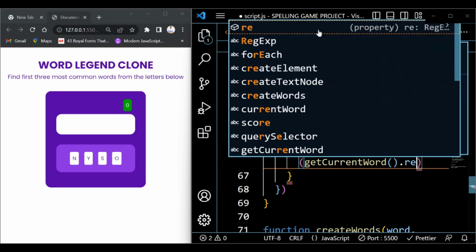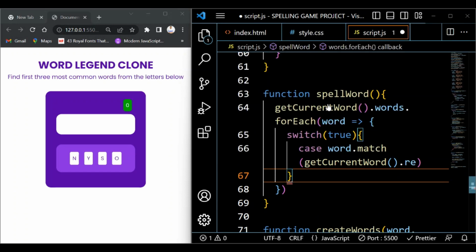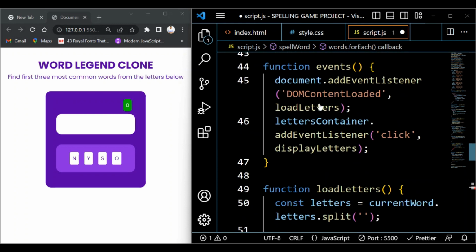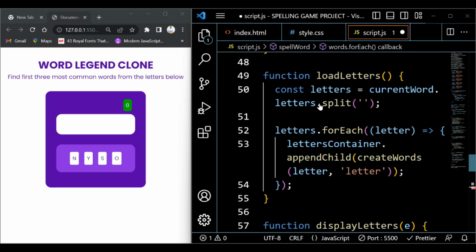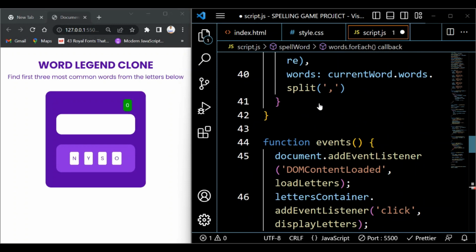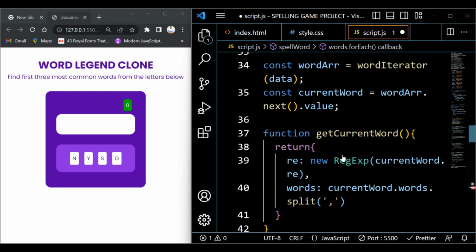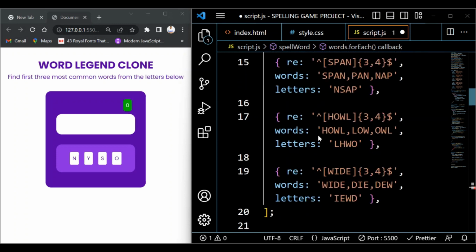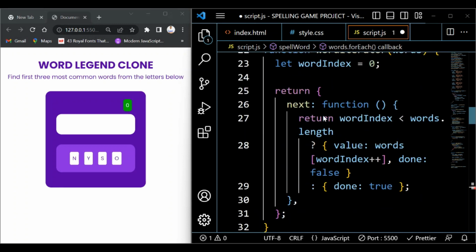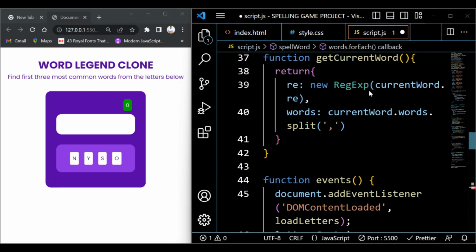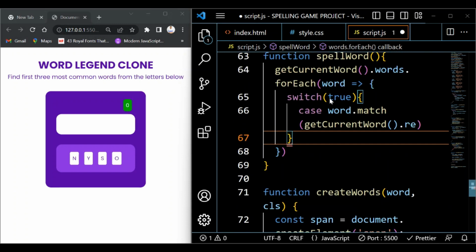dot arrow e, because remember we have this, where is it, this getCurrentWord function. We have it here, and we are converting arrow e, which we are getting from the data, to a regular expression, and now we are using it to match the words we convert into an array. If it matches the word,